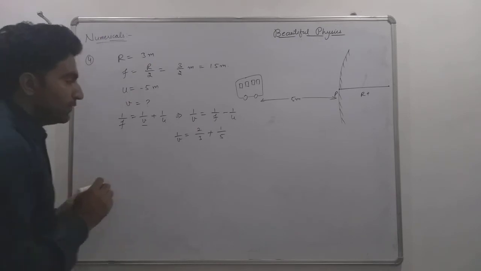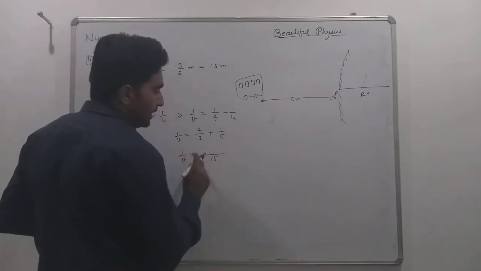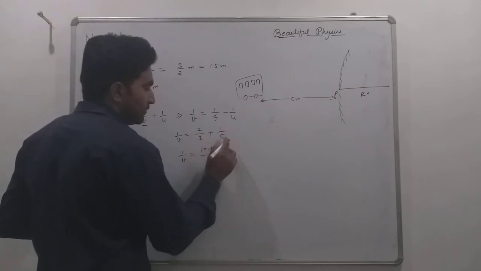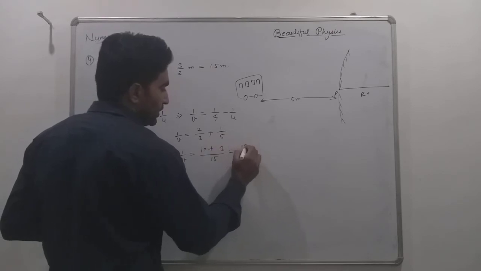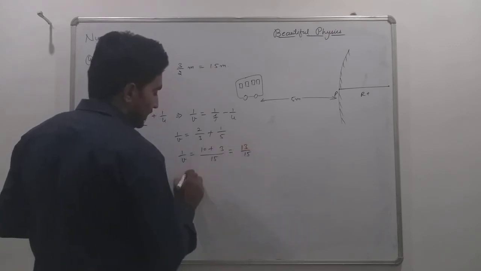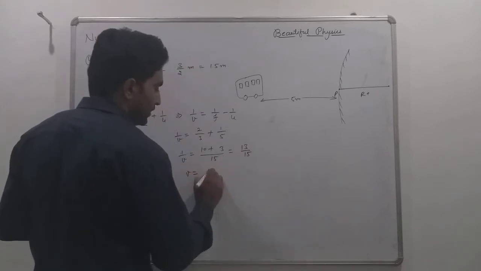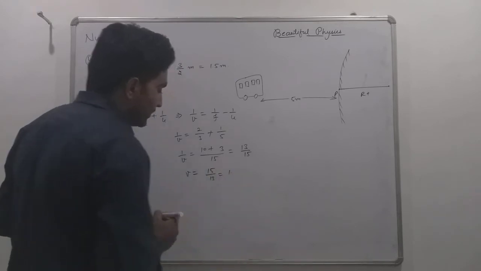Okay, and 15 will be the LCM. 3 5s are 15 and 5 2s are 10 plus 5 3s are 15, and it will be equal to 13 by 15, and when we solve for v, it will be equal to 15 by 13, and it will be equal to 1.13